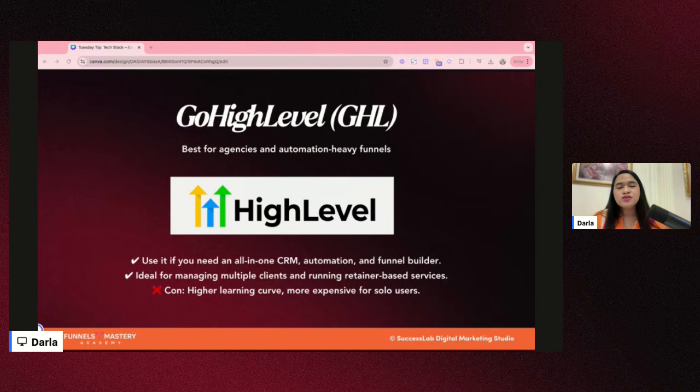So, why do we love high level? So, first of all, ang tawag ko nga kay high level is the mother of all funnel platforms, because ang nakikita ko sa kanya is that whenever meron siyang nakitang isang feature sa isang platform na maganda, nilalagay niya kay high level. So like for example, communities, right? We love school. So ang ginawa nila, meron din yung community nila is also very near din sa school, no? So, those are the things that I love about high level, is because it is really an all-in-one.